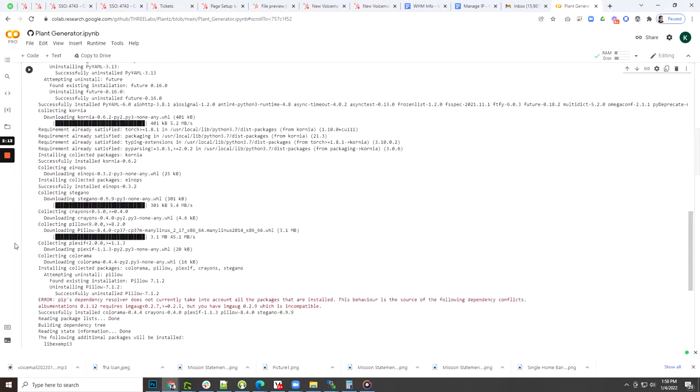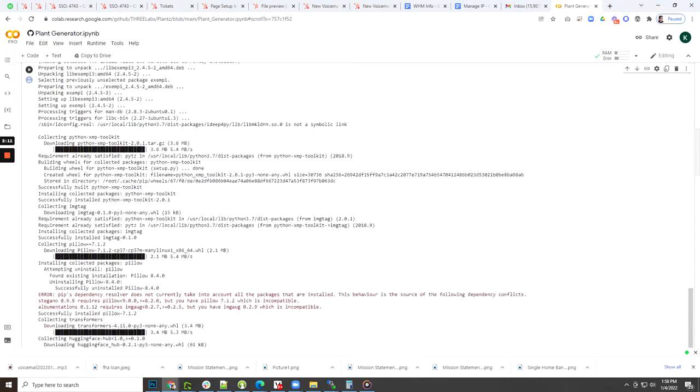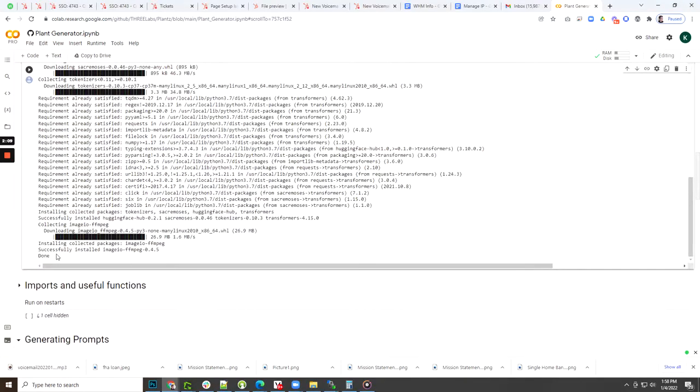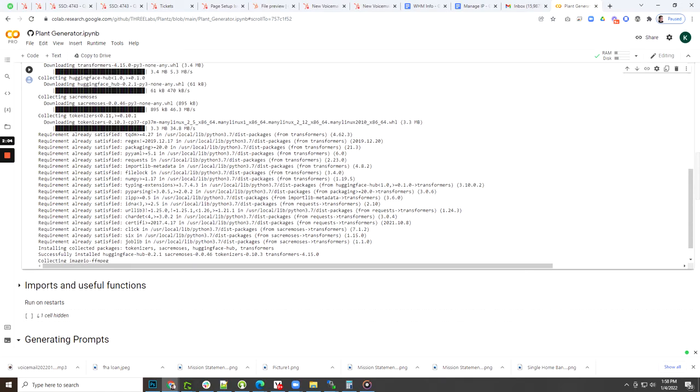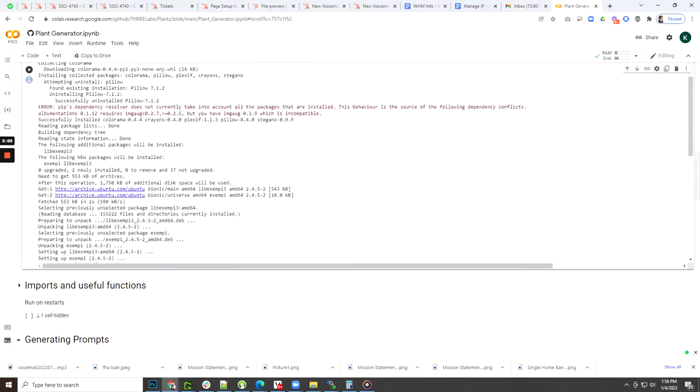If I scroll down, okay, it's actually probably done. Yeah, it says it's done at the end. You'll see these kind of moving when it's not. But now that it's done, you have to come back up here